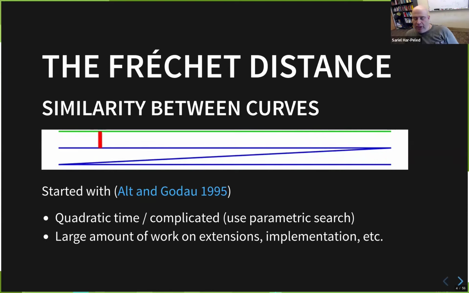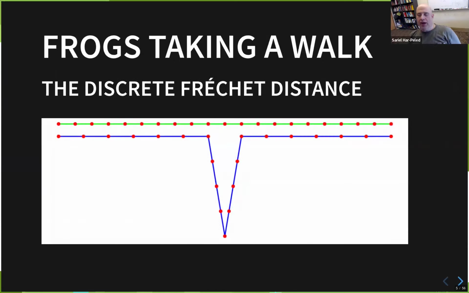And there is a huge amount of work on this Fréchet distance in the literature: various extensions, implementations, etc. Okay, so because the continuous version of the problem is difficult, people looked at the discrete version,